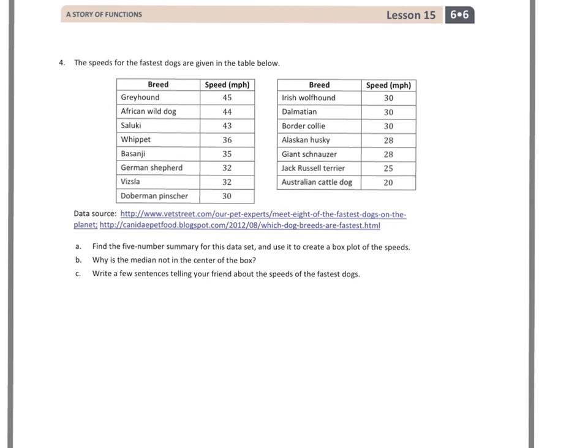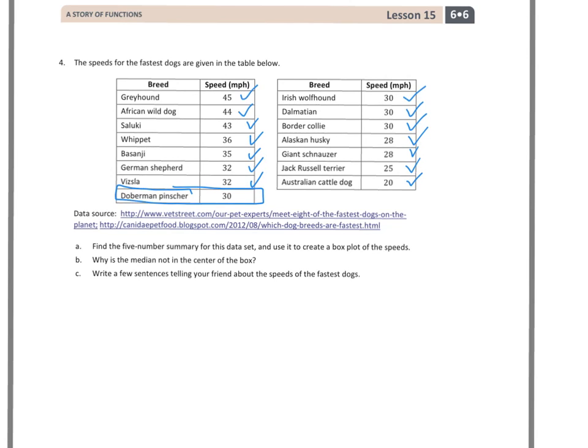I'm going to check off one at the fastest and one at the slowest, and keep checking, because I have to have an equal number of values on one side as on the other. And it looks like right here